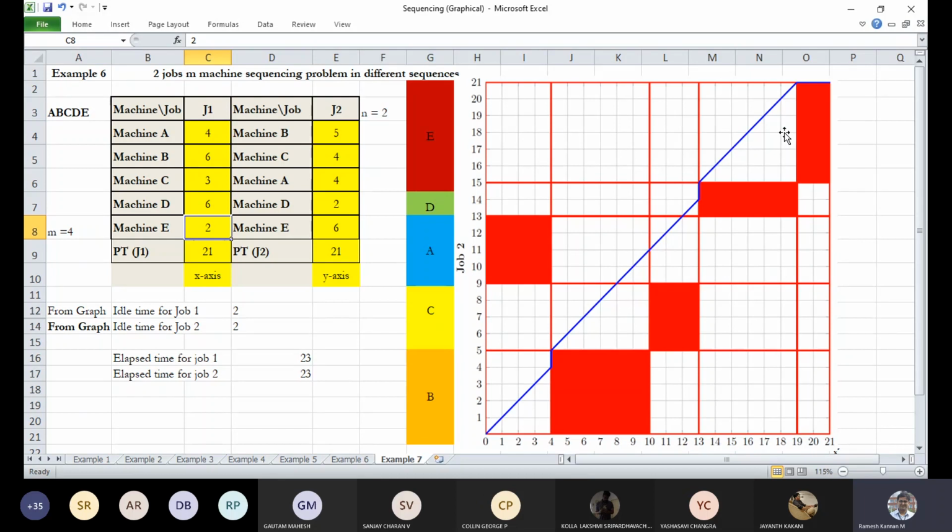Then we'll be finding the point of intersection of the machines with their corresponding durations, and you shade that. So this is A, this is B, this is C, this is D, and this is E. So this is typically that, right? Now it's very important, so kindly pay attention to it.